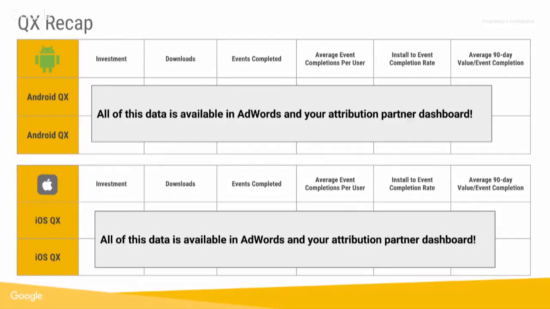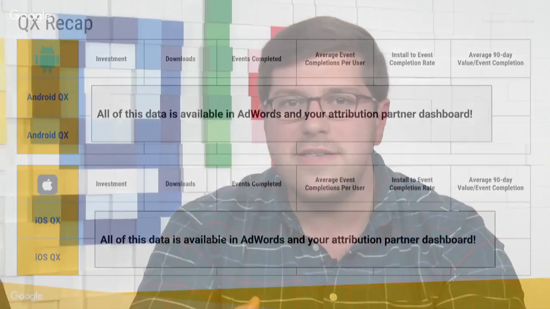And then again, I've touched on this earlier, but the install to event completion rate, and again, mapping that from beginning to end, I think helps us get a very clear picture on what that average user journey looks like. And then the last piece being, again, that value per event. In the case of an in-app purchase, what is that average basket size in terms of revenue per purchase, and does that vary dramatically between different users?